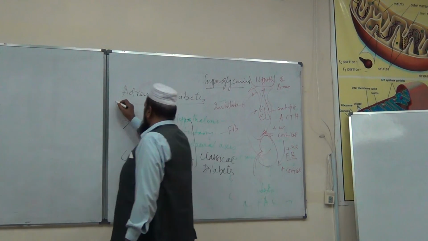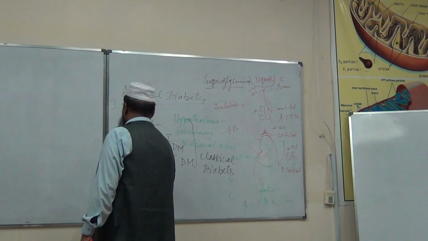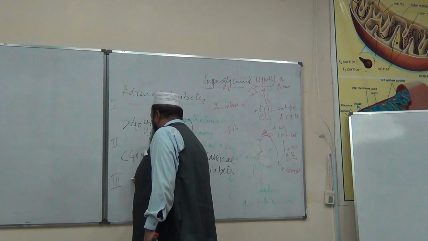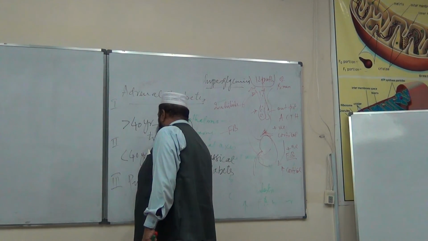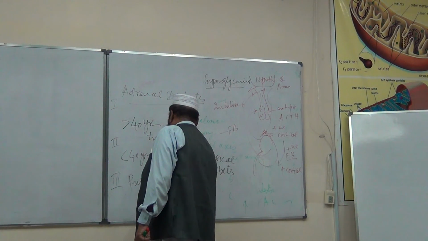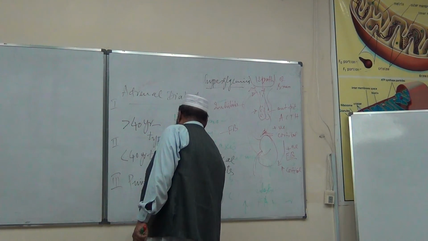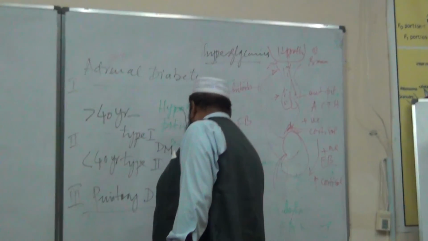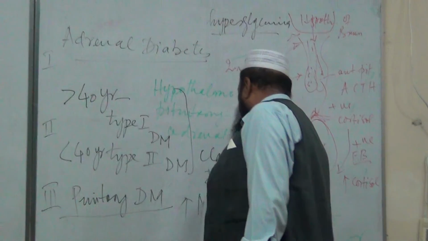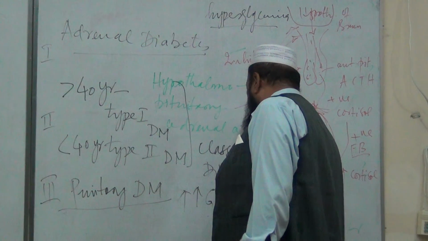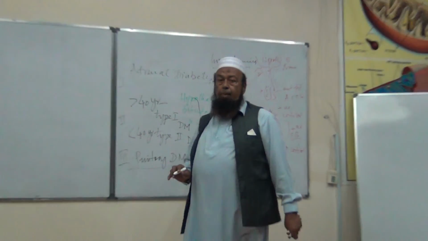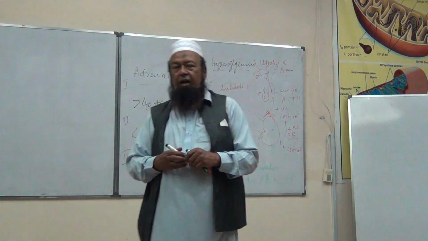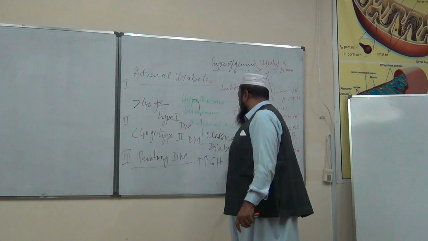And the third type of diabetes, after 1 and 2, is called pituitary diabetes. If more and more growth hormone is released as a result of a pituitary tumor, that is craniopharyngioma, pituitary tumor, more and more pituitary hormone is released. As a result of that, the